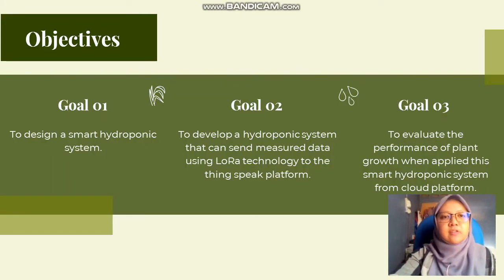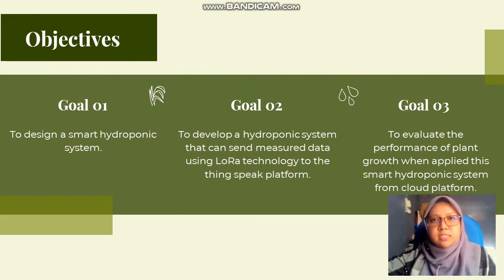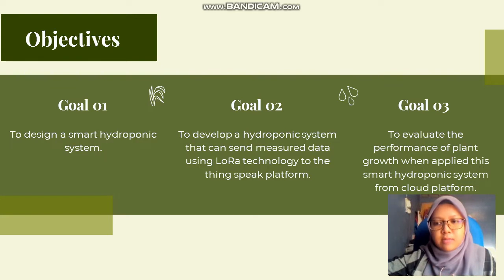So the objective of this project is, first, to design a smart hydroponic system, for which we used the ESP32 TTGO LoRa and some sensors such as a pressure sensor, TDS sensor and DHT22 sensor. Second, to develop a hydroponic system that can send measured data using LoRa technology to the ThingSpeak platform. Third is to evaluate the performance of plant growth when applying this smart hydroponic system from the cloud platform and mobile